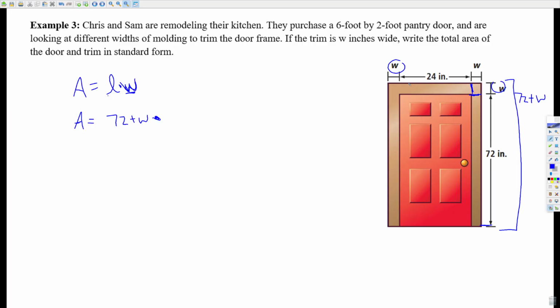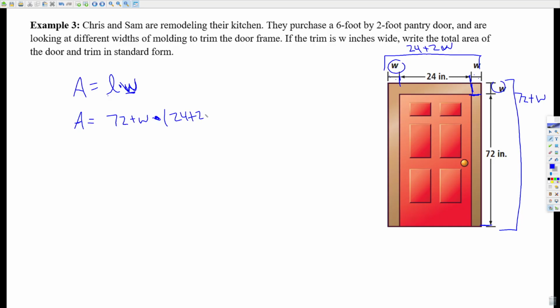So going across this way, the molding goes on both ends of the door, not just one end like we had when we measured the top to bottom. So this whole distance here would be what? Well, the door is 24 inches, and then we have to add 2 pieces of the trim. So it'd be a total of 24 plus a W, which is a total of 2W. So we're going to multiply that together with